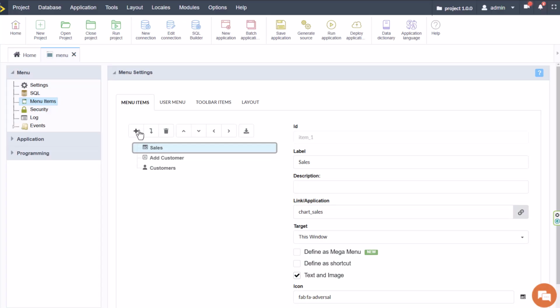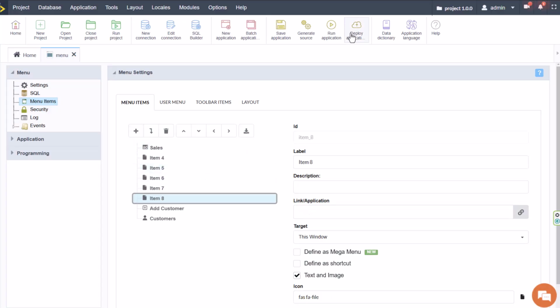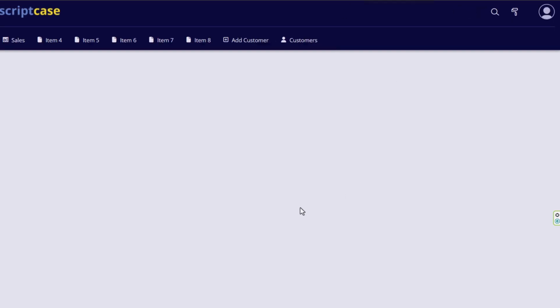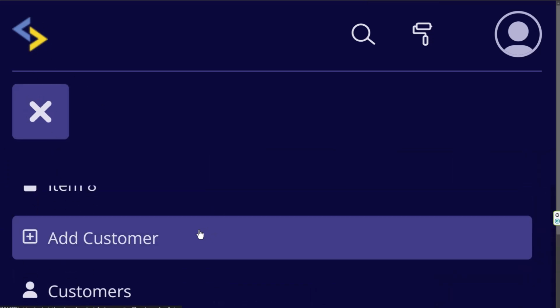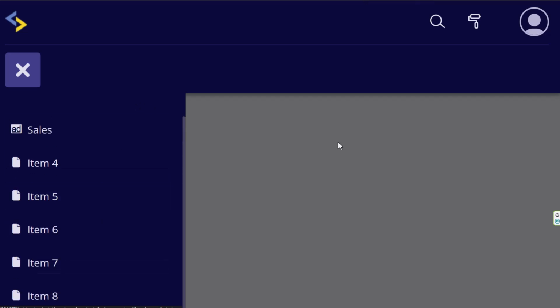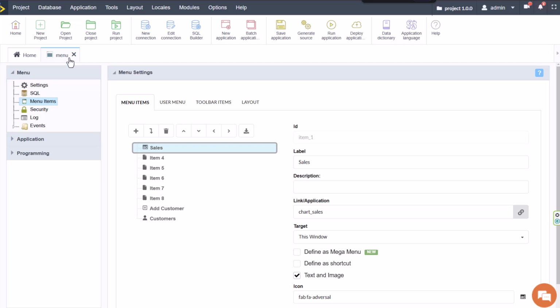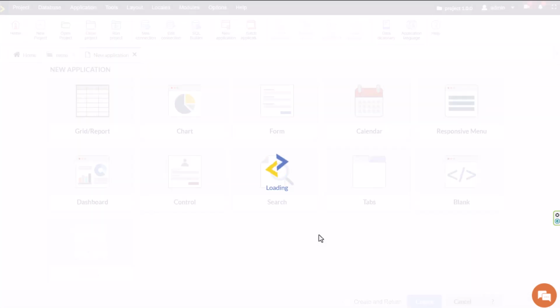Now to see that better, I will add a few further options in here, and if I go ahead and run that now again, we can then see the mobile version of that be displayed for us now with the alternative logo and then the mobile menu. And just like that, you are able to create your applications as you need within Scriptcase, and more applications are